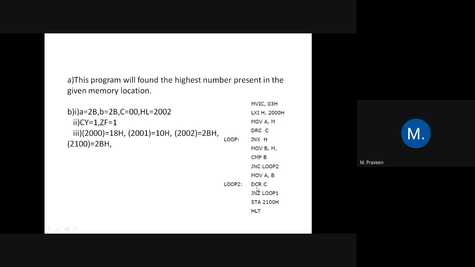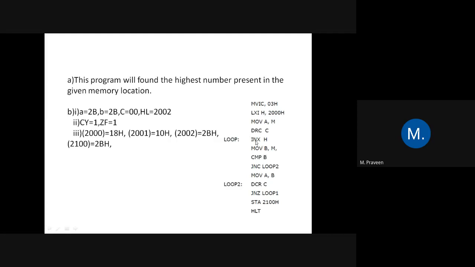In that address, again we are going to decrement C. C was already decremented once, so the previous value of C is 2. If you decrement the C value again, it will become 1. After that we check the value of C with JNZ, jump non-zero. This is a loop. Actually there is a mistake here; it's not loop 1. If it is non-zero, the program will be transferred back here.